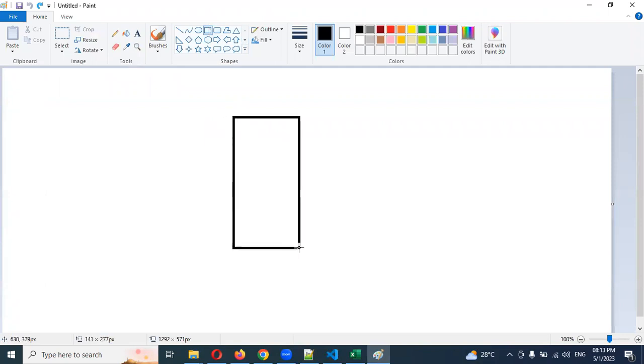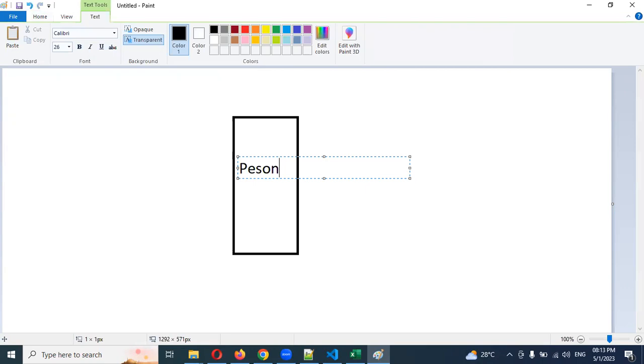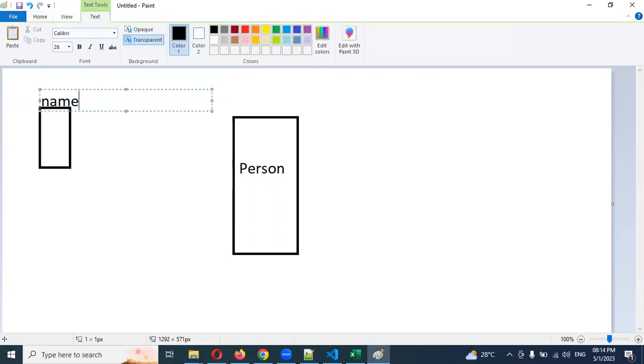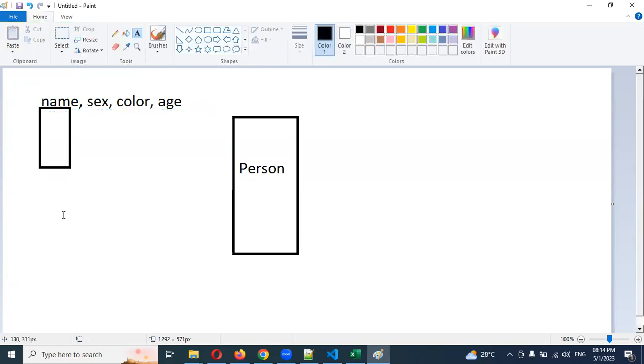Okay, imagine there is a person. Okay, they call it a person. In this person you can have another section like color, name, age, and sex. All these things are contained under one particular thing. It is all our static things: name, sex, color, and age. These are the normal static variables